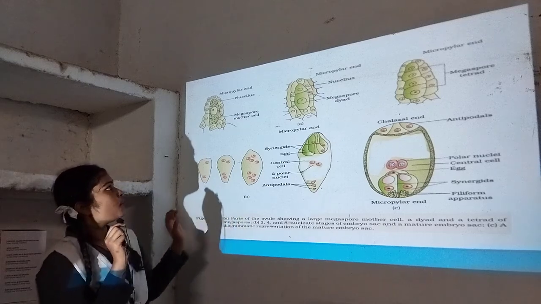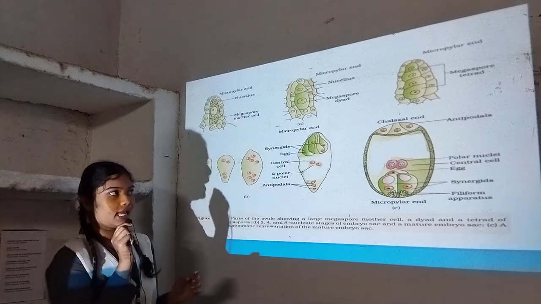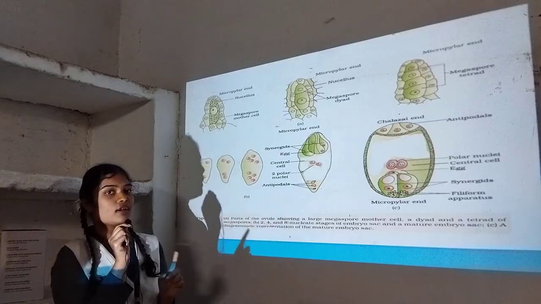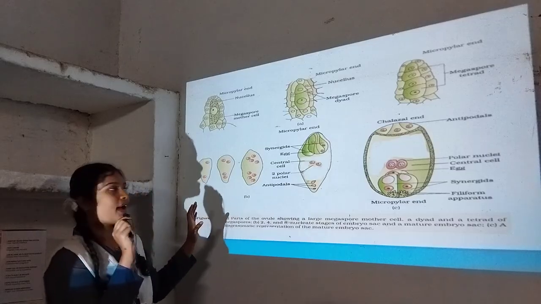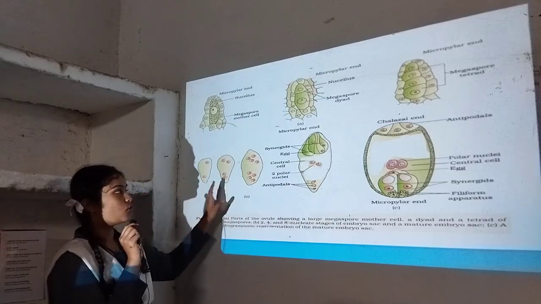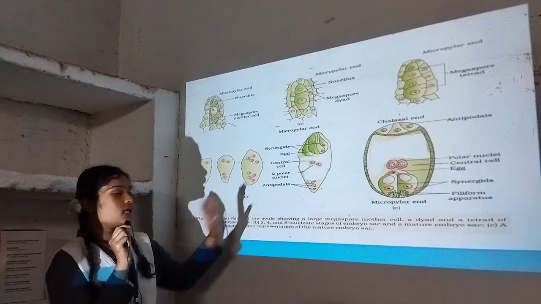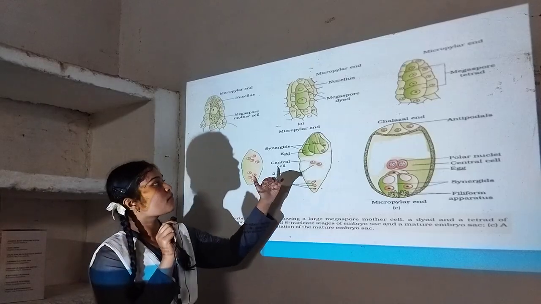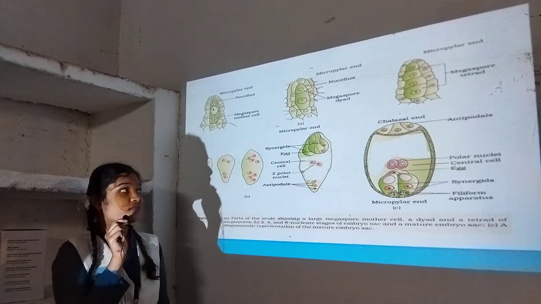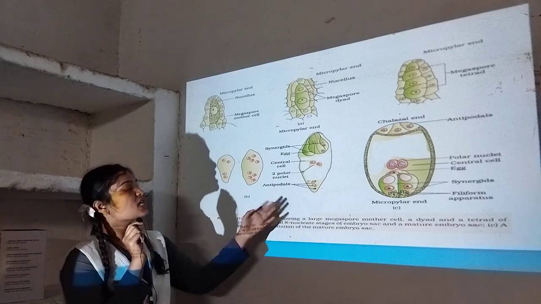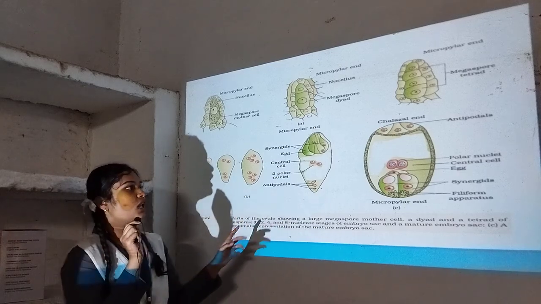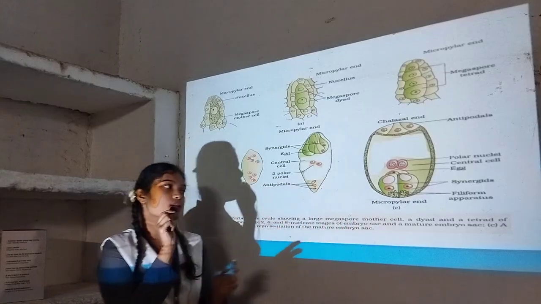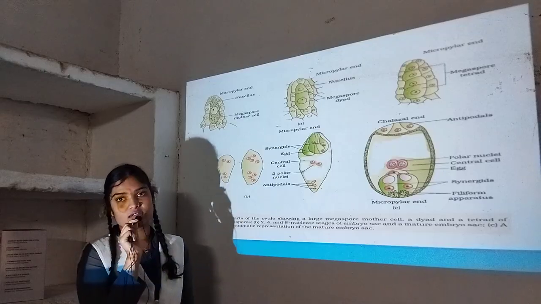Now, the megaspore mother cell will divide meiotically and form the megaspore tetrad, in which three will degenerate and one remains functional. The functional one will divide mitotically and form 1 to 2, 2 to 4, and then 4 to 8. And these are nuclear divisions. There is no formation of any cell wall. Then 3 will go to the micropylar end and form the filiform apparatus, and 3 will go to the chalazal end and form the antipodals, and 2 will remain in the center, which are known as the 2 polar nuclei. In the filiform apparatus there is 1 egg cell and 2 synergids.